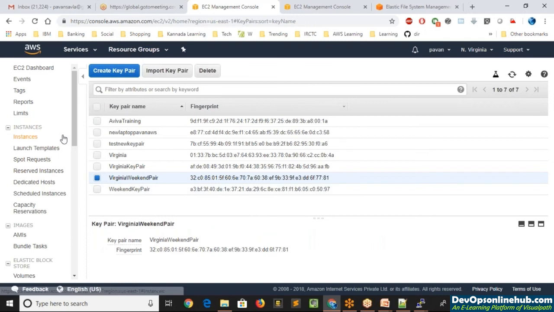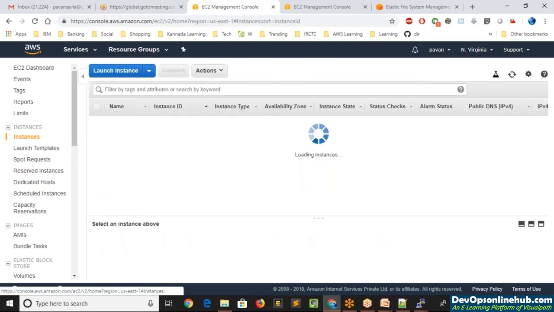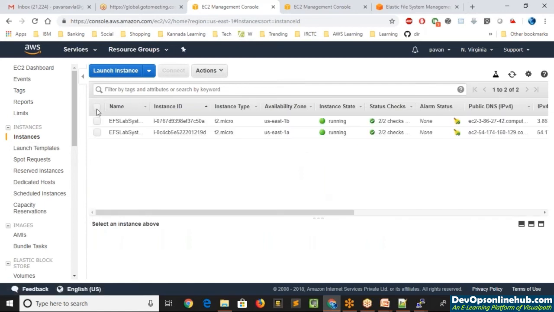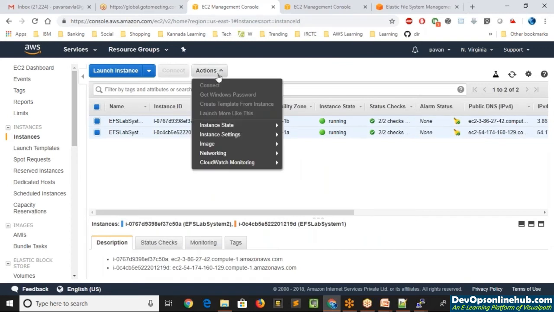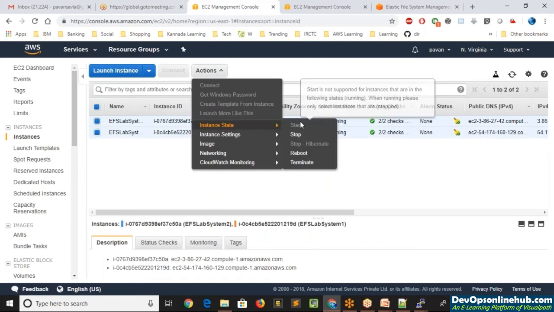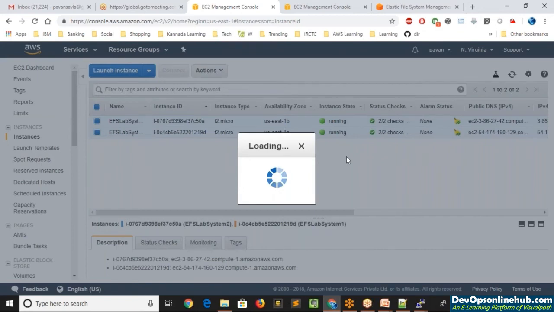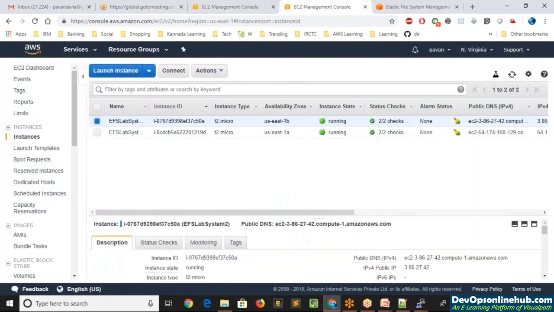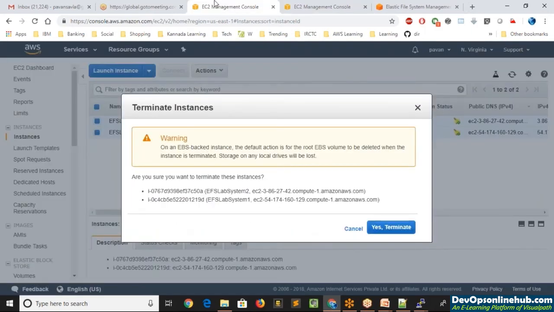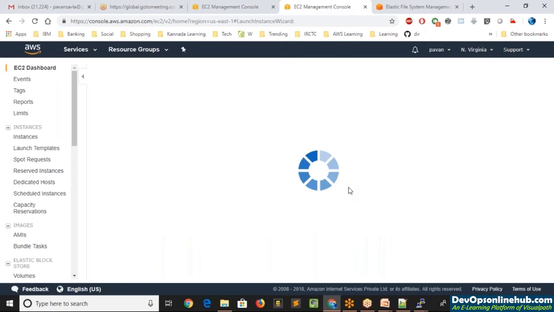So as I just said, if we have a wrong key pair, we'll not be able to log in. So all we have to do is destroy these two instances and relaunch two new ones. Better we'll create a new key pair, that will be easier to go with. So let's quickly go ahead and launch two instances. I'll do it a little fast here. Amazon Linux AMI.